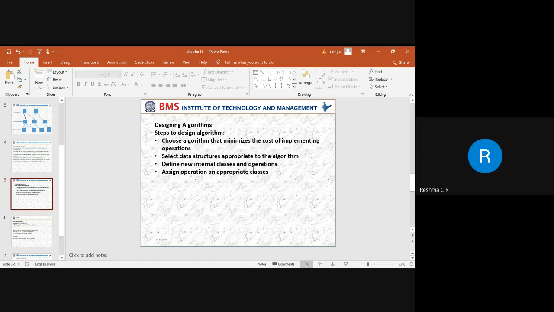The next thing is we need to define internal classes and operations. When you have identified a particular algorithm, and decomposed the higher level operation into lower level operations, what are the different operations that can be performed has to be identified. For that, we are trying to identify what the intermediate results are, if there are any, and how we are trying to express them, that we need to ensure.